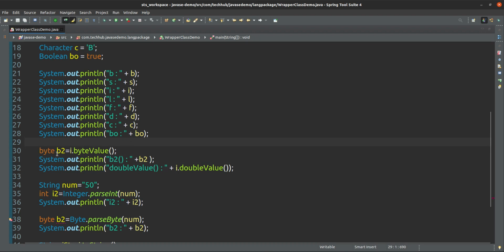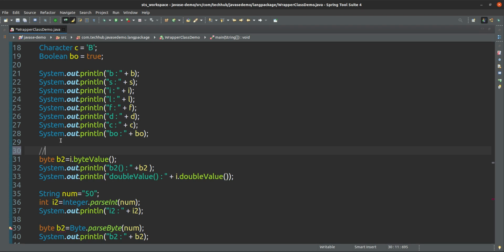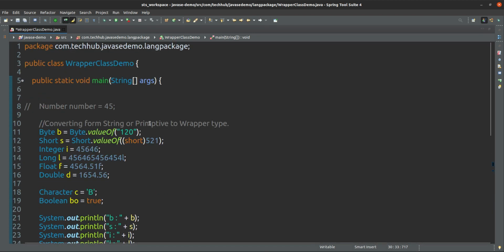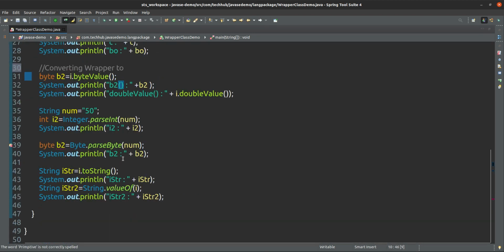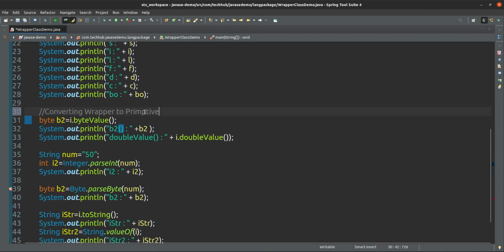See, here what we are doing, we are converting wrapper to primitive type. That's it. Here we are converting from wrapper to primitive type.